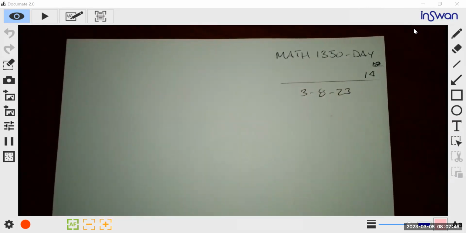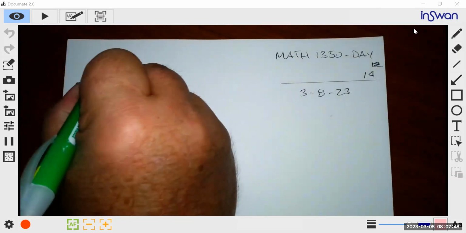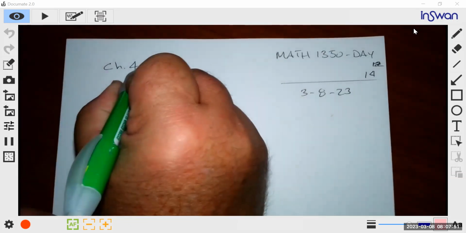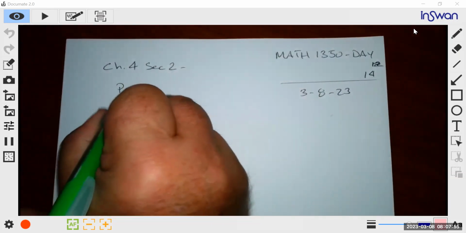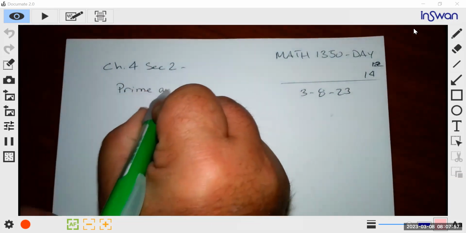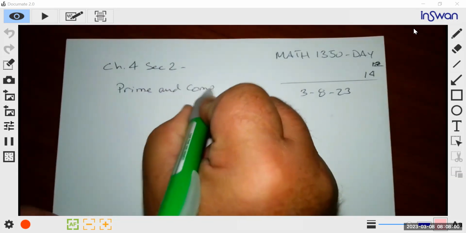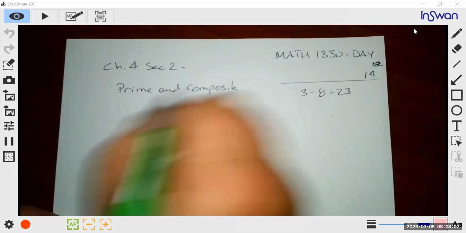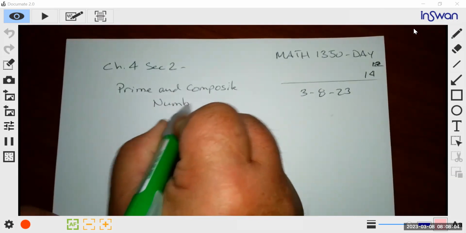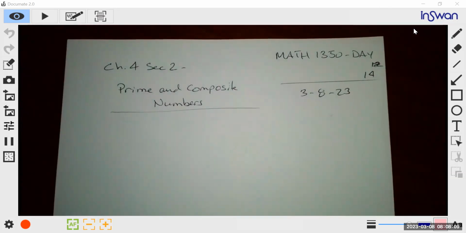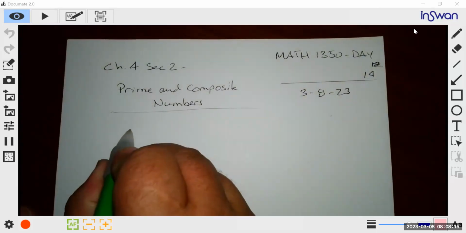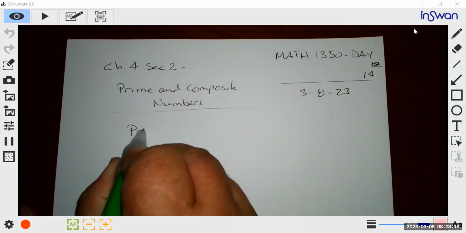All right. So today, what we're going to cover is Chapter 4, Section 2. Prime and composite numbers. The difference between the two. Let's define those. So a prime number